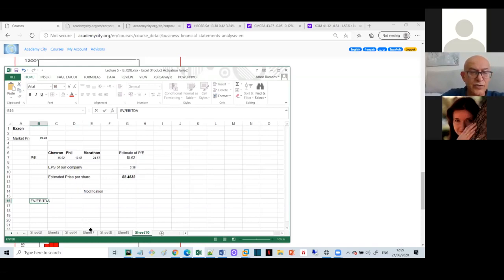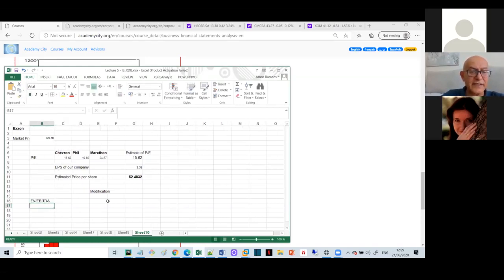You take that ratio, you find that ratio, you go into Yahoo Finance again, you fill up those three numbers, okay? You will get the median here. So you're supposed to fill up those three numbers from Yahoo Finance, and we saw before you have those numbers. You take the median of those three, and then what you write here, instead of earning per share, you type here EBITDA of